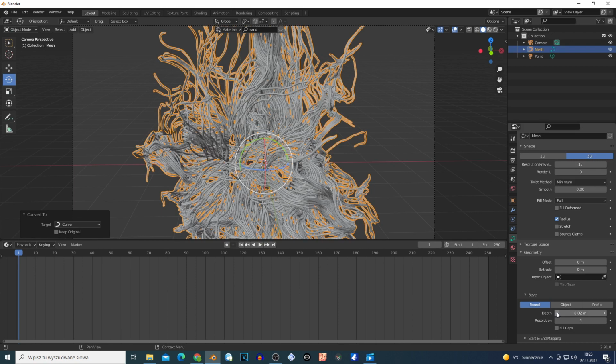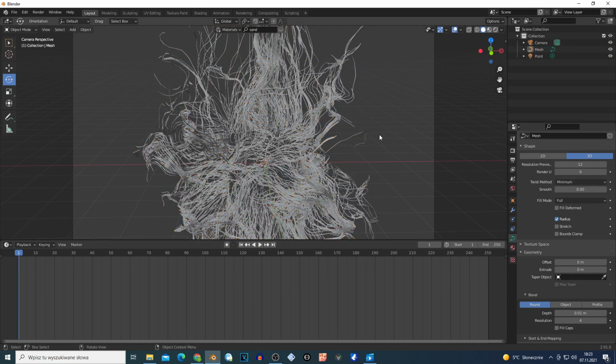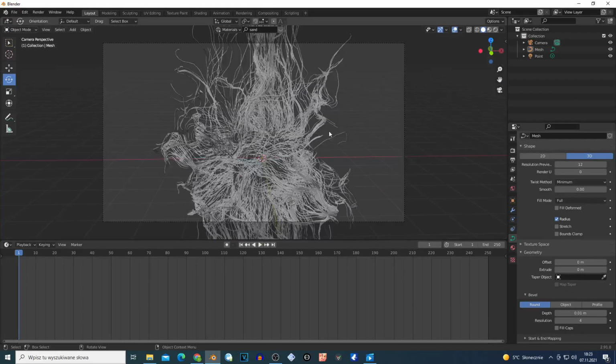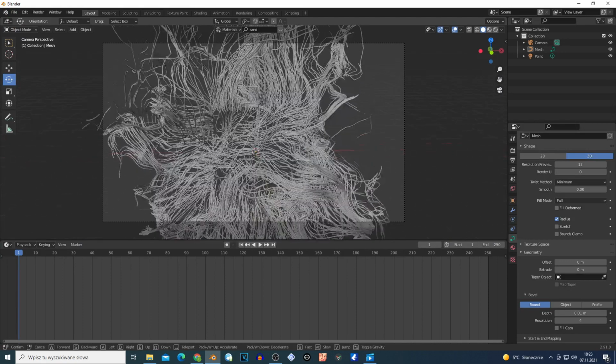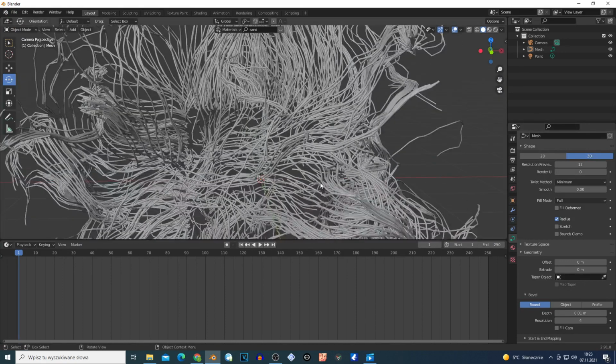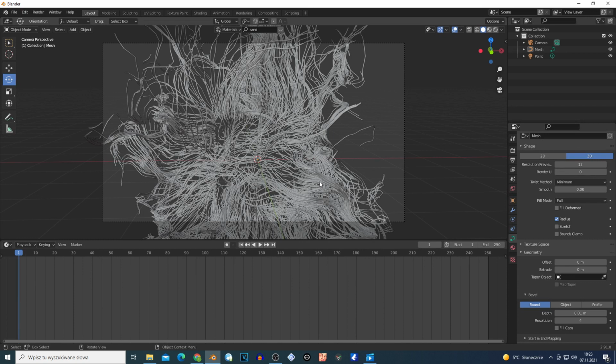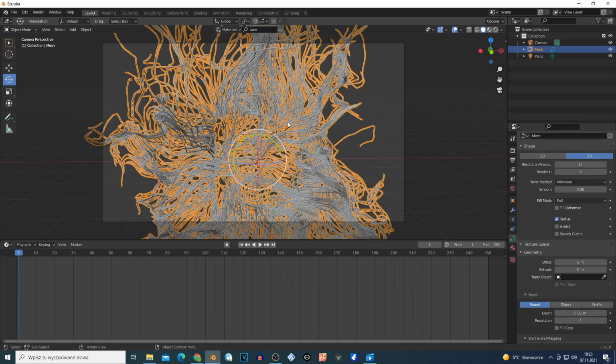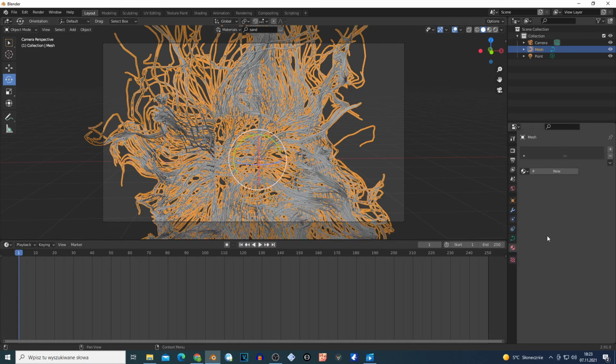Yes, of course, something like this. This looks interesting. Yes, very strange stuff. Now we can basically add some materials to this. Yes, so select this mesh, go to the materials tab, and just click new right here,